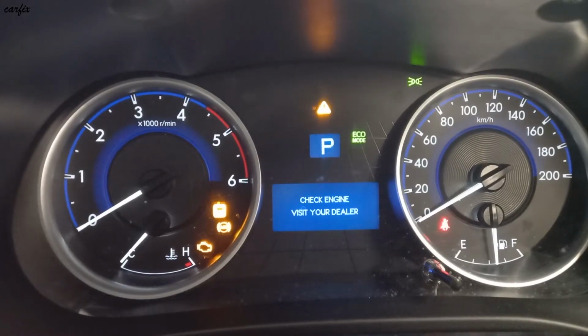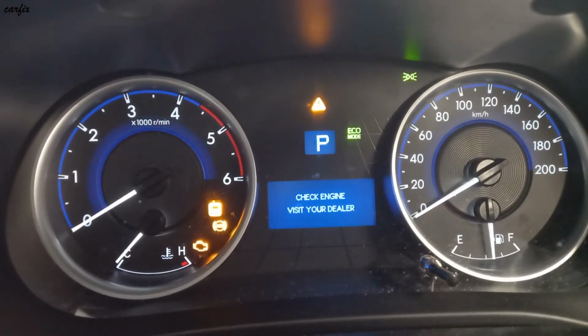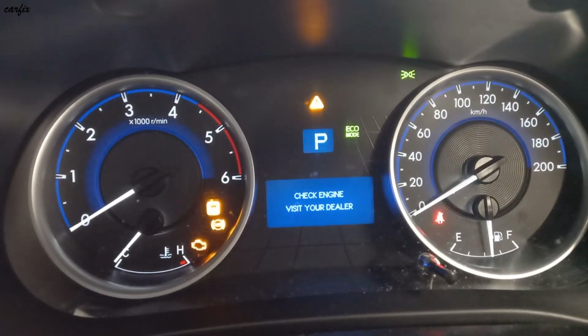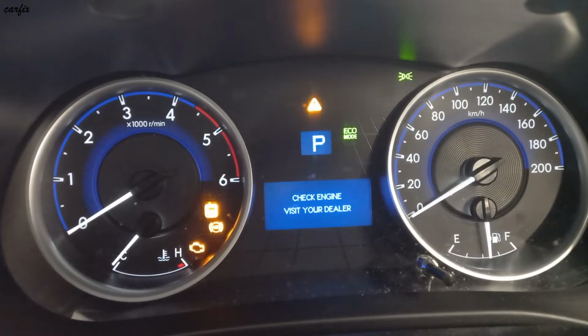Hi guys, this is a 2019 Toyota Hilux 4x4. This one had a problem: the check engine light is on. It says a message for the check engine, visit your dealer. So I scanned the car. I found the code